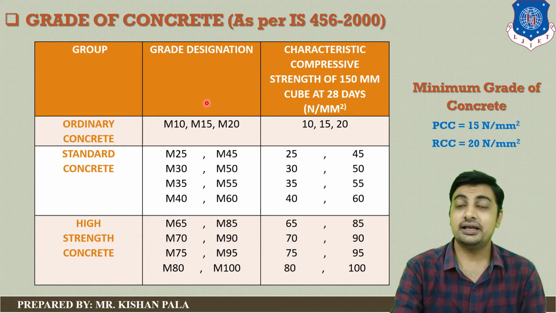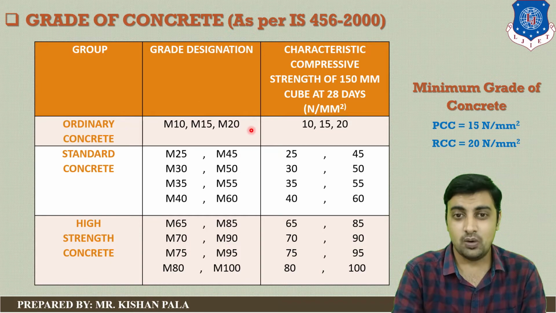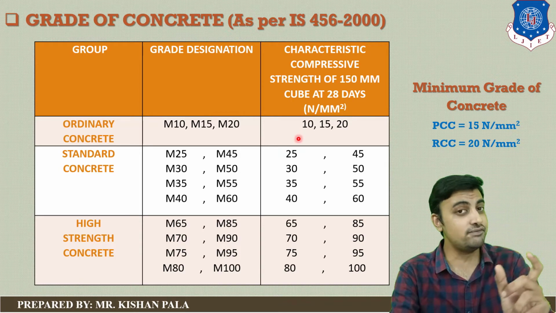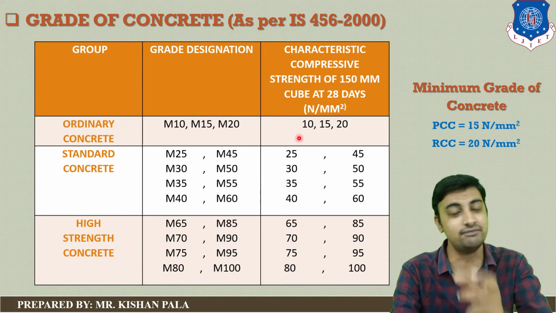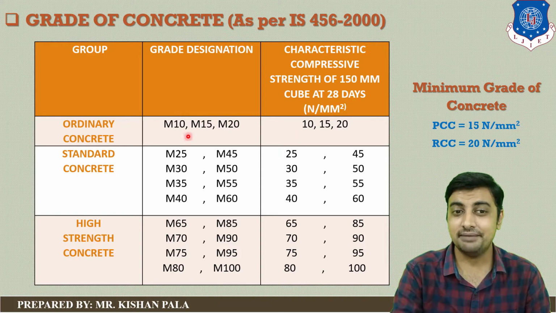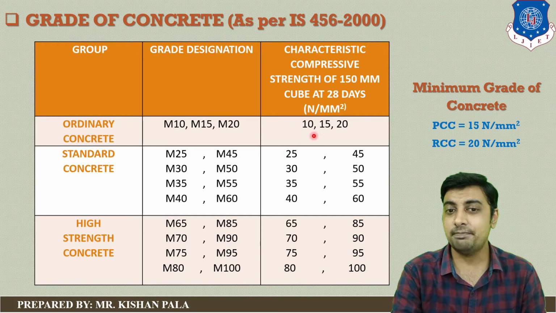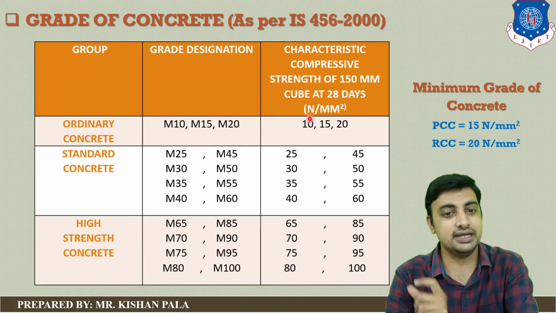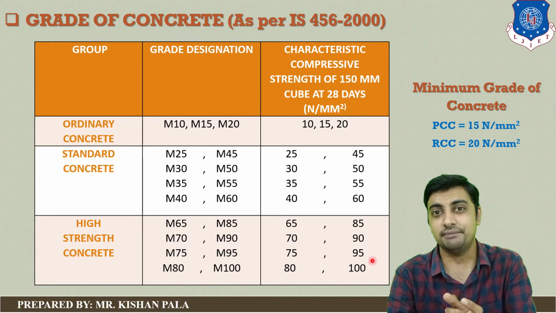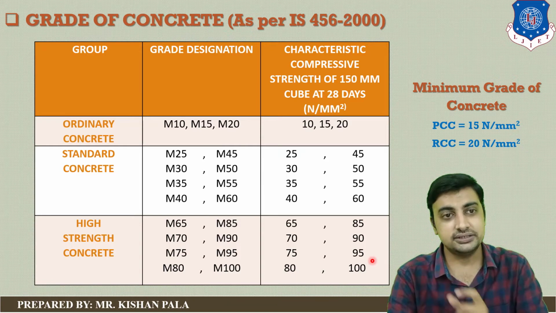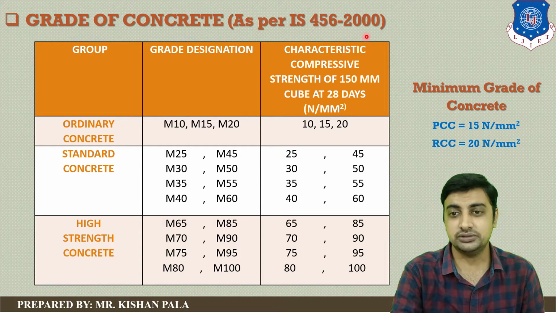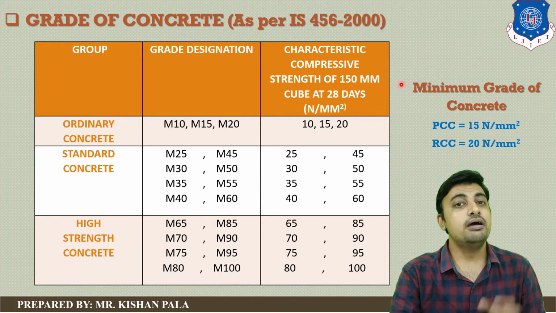And you can see the grade designation in the second column. If we talk about the characteristic compressive strength with the 150 mm by 150 mm by 150 mm cube at the end of 28 days, you can see M10 shows 10 Newton per mm square at the end of 28 days. If we talk about M100, this will give you 100 Newton per mm square at the end of 28 days. This table has been given in Indian Standard 456-2000,